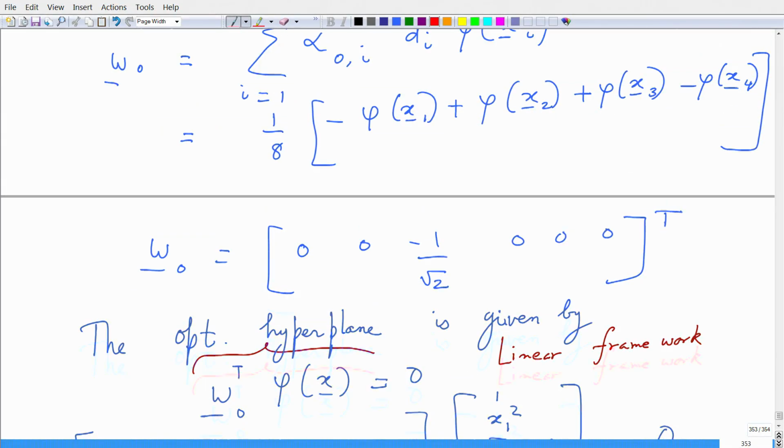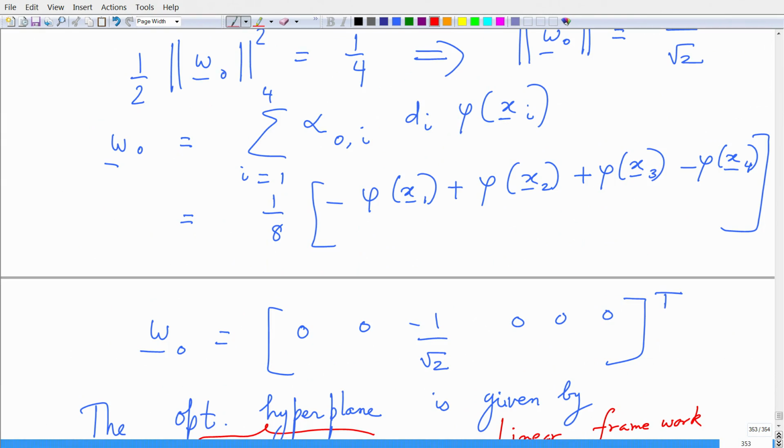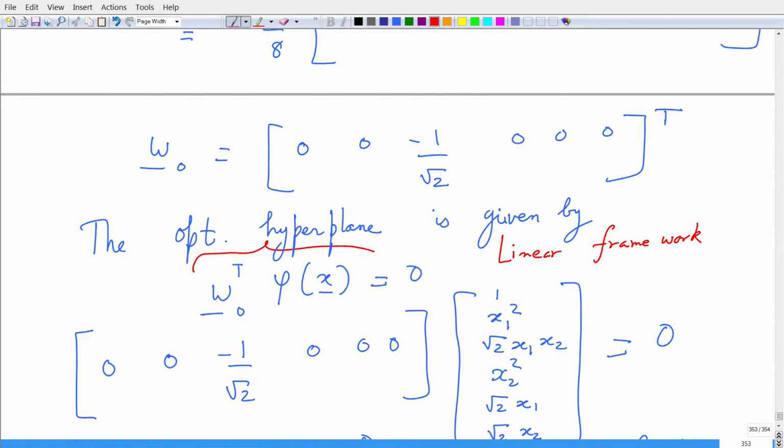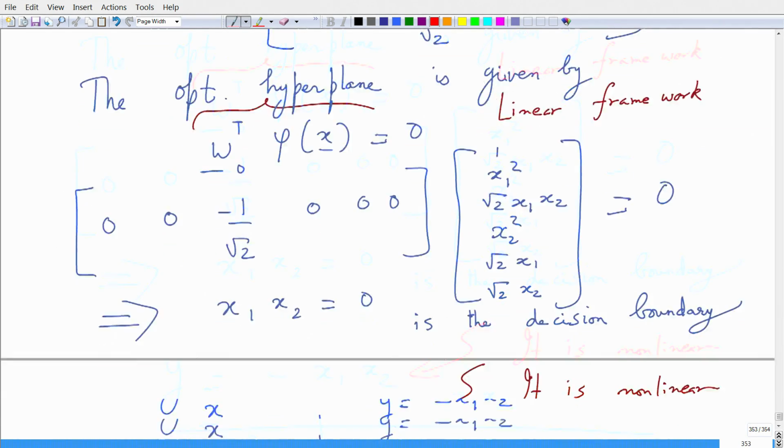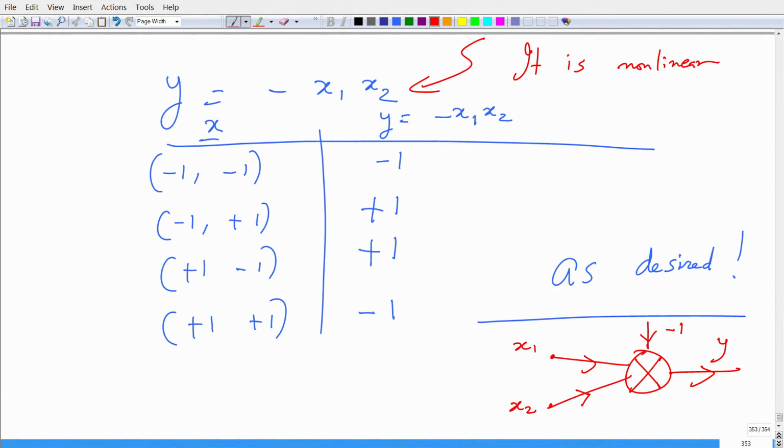So, we have realized how we can solve this problem, but one small detail, the phi of xi over each of the data points is fused into the solution for W naught, and that is an important detail. And phi of x is a general form of this vector form that we have as a result of a component from the kernel. Okay. So, this completes the details of this design, and I hope you can use this formulation in any of the practical problems. So, this is a toy example.